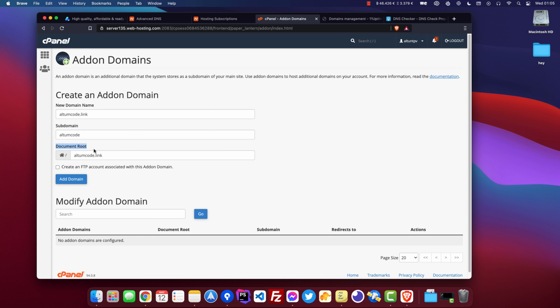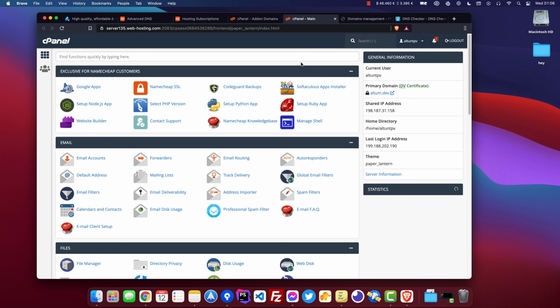And right here in this section, this is extremely important, where most of my customers fail to understand how custom domains are working. Right here, you need to point to the folder where you installed the product that you want to connect the extra domain with. In this case, it will be the following. I will go to cPanel and keep in mind, this is the home icon. If I go back right here, which is the home directory,